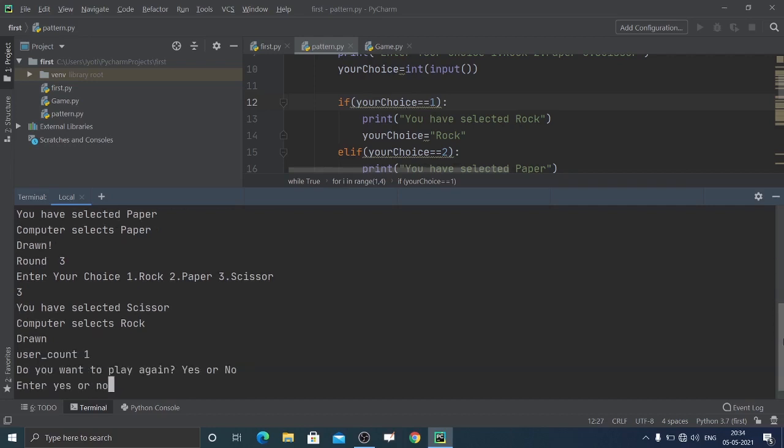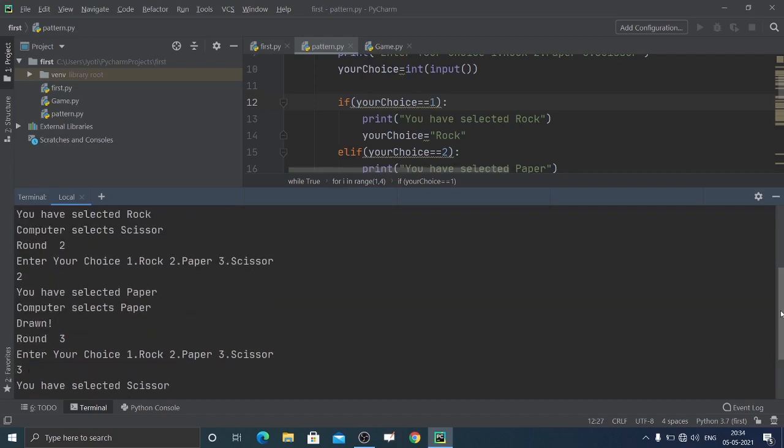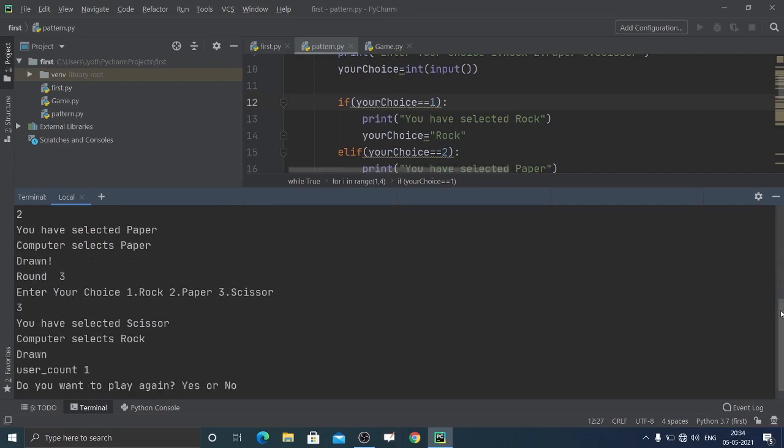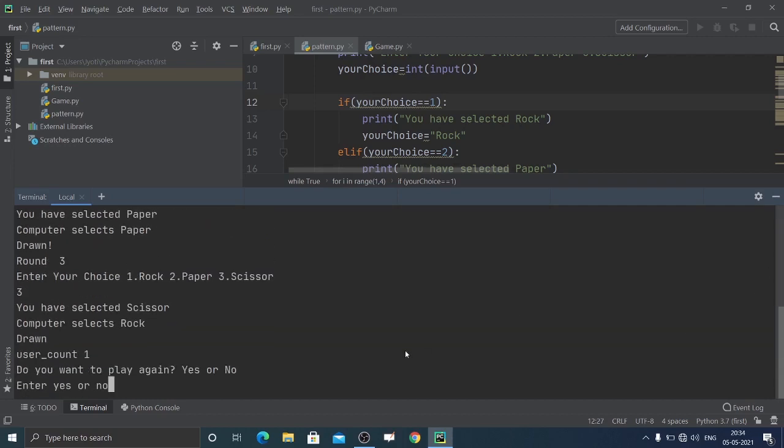We will see everything that is there in the code. Many of the things are not printed here, so don't worry about it. We will see the computer's count and how it is implemented. At last there will be the user count. I have printed that, but you can even show the computer's count, like how much score is there.